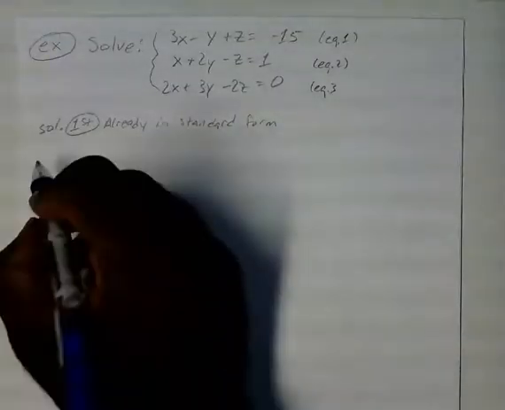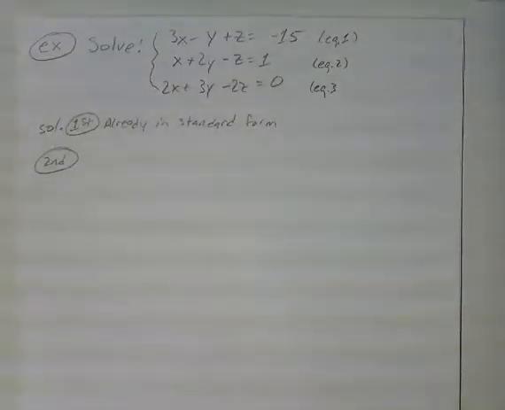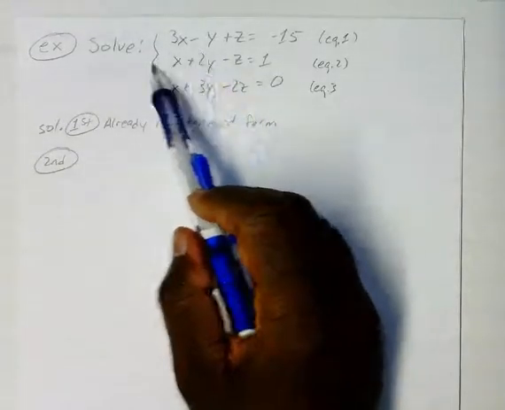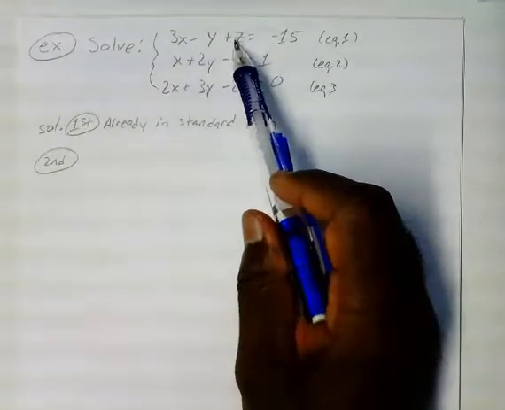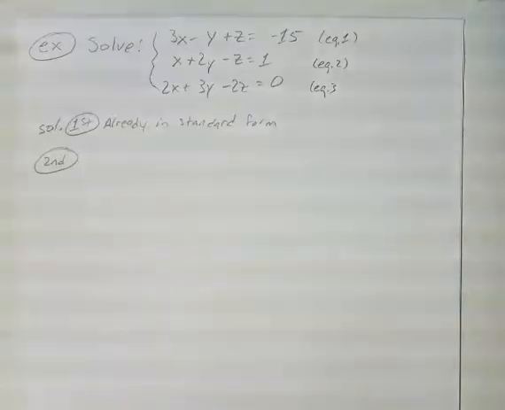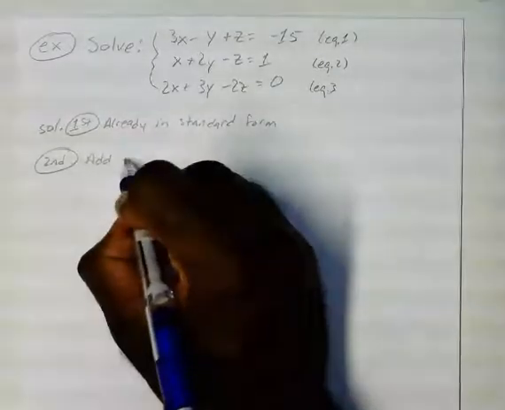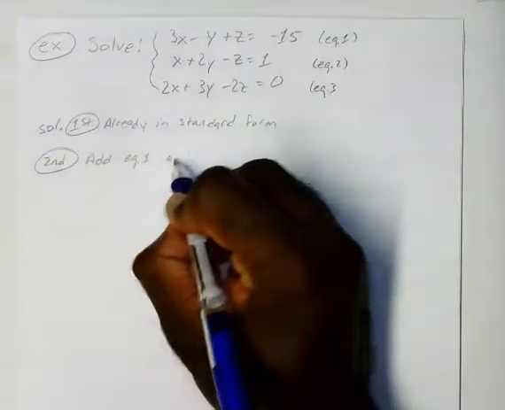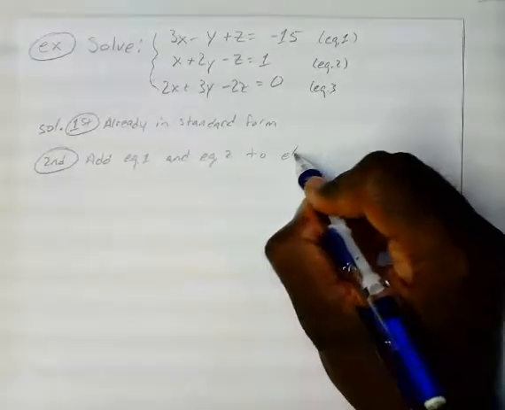Okay. Now for our second step, remember we have to add two of those equations together to eliminate one of the variables. Now this one is probably the simplest equation, so I'll probably use this one and add it to equation 1 and again to equation 3. Okay, so for our second step, we're just going to add equation 1 and equation 2 to eliminate